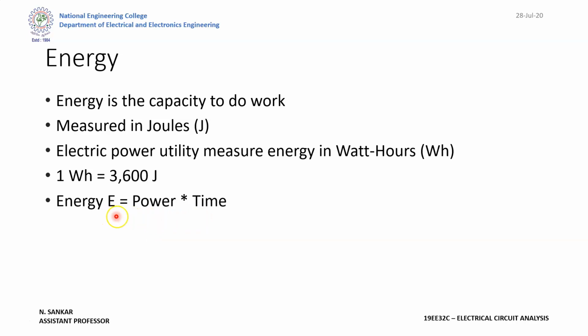The total energy consumed by the bulb will be 230 into 10 into 1. So voltage is equal to 230, current I told previously 5, sorry, to make the multiplication simple, I take the current value as 10. So V is equal to 230, I is equal to 10, T is equal to 1. 230 into 10 will be equal to 2300 watt hour, which will be equal to 2.3 kilowatt hour. Then the number of units consumed by your bulb or lamp is 2.3 units.